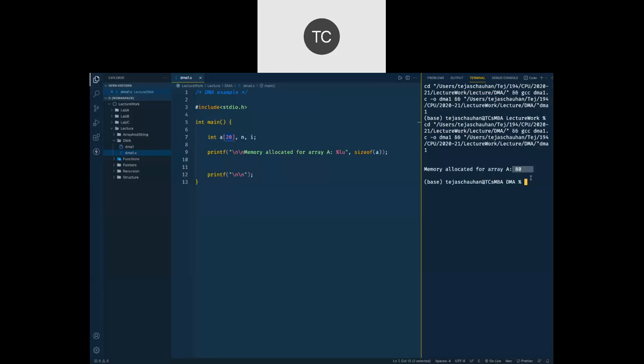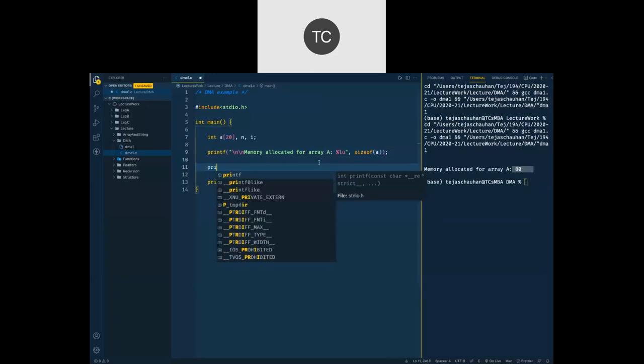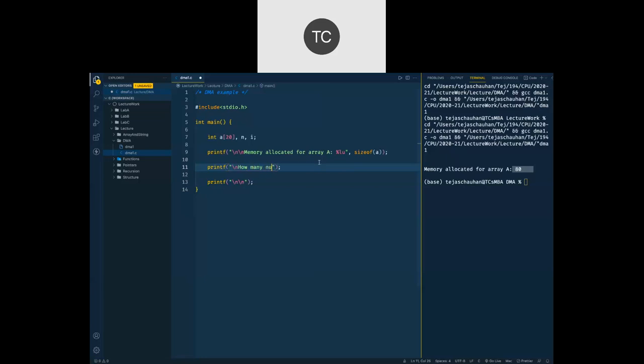So now what we do is we go and ask the user how many numbers you have, and we scan that answer from the user. So %d, ampersand n.